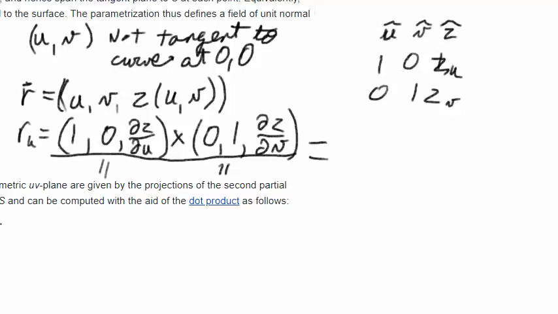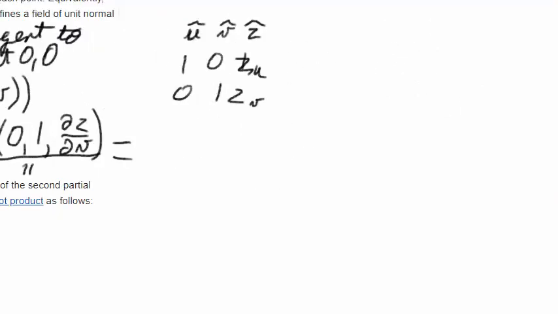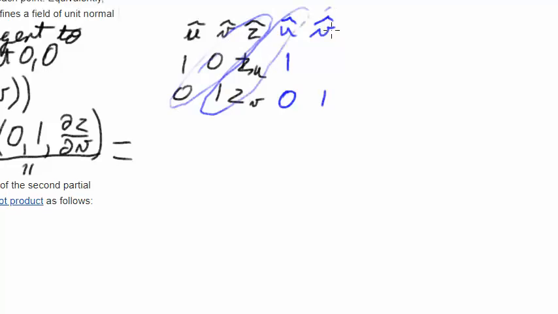There's a trick where I keep writing those things: u hat and v hat I write twice, and then the 1 I write a second time. Then look for terms, diagonal up is positive, and I didn't do a good job of circling, but u hat times 1 z sub u